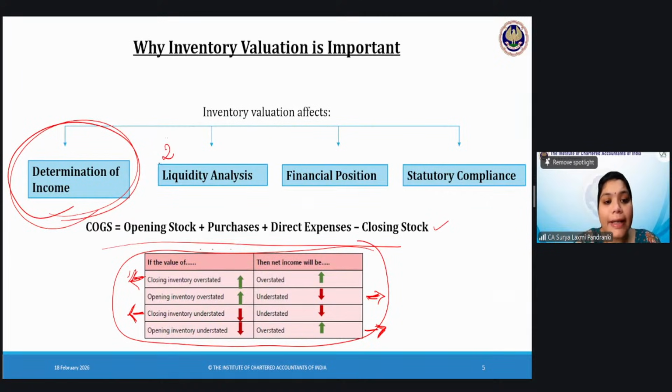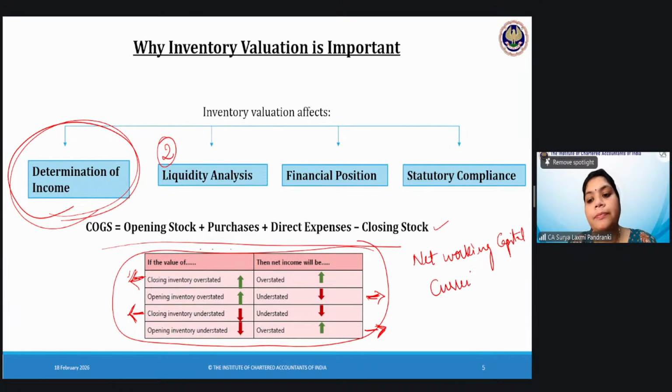Now, the second reason is liquidity analysis. Maybe I'm not sure if you have learned all these formulas of net working capital. Have you heard of net working capital, which considers current assets and current liabilities? So how do you think inventory is affecting your liquidity analysis? Or let me also take the financial position. Where is the inventory shown in your